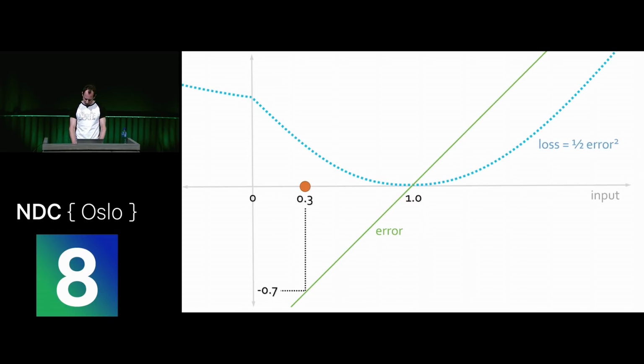Now, it just so happens, very nice coincidence, that at every point on that graph, the slope of the loss function is exactly the error, right? Because when you differentiate y equals half x squared, you get y equals x. So when we take a step to the right, in proportion to the error, we're taking a step in proportion to the slope of the loss function. Imagine you're sitting on a slide, you're going to go down at a speed proportional to its slope, right?